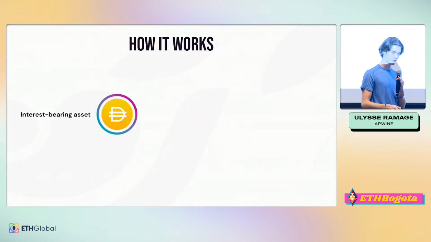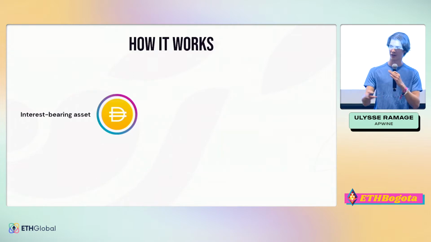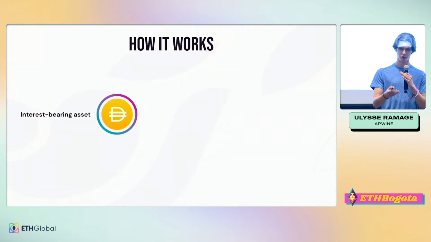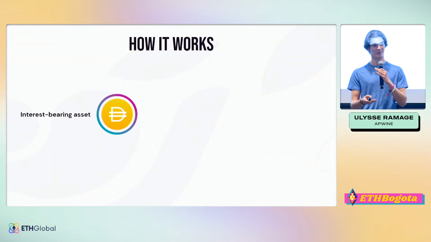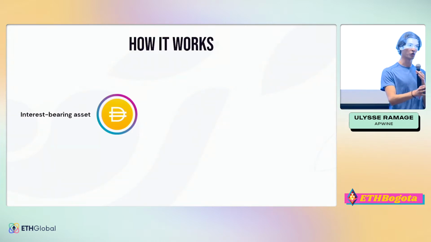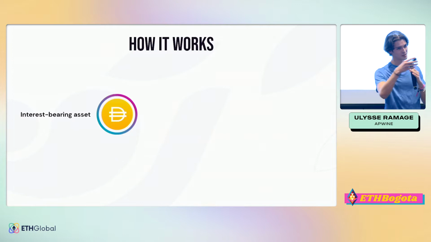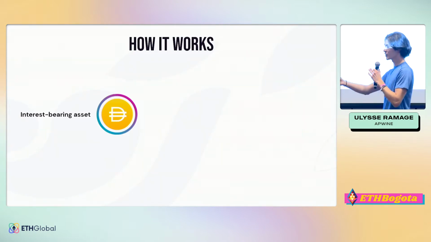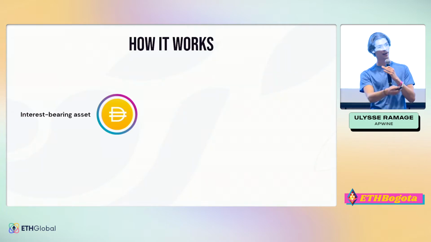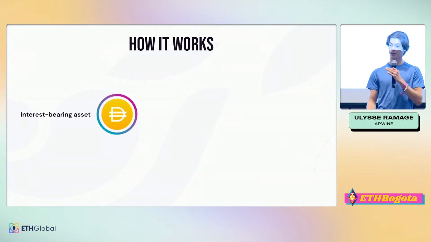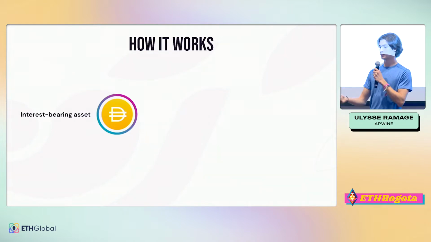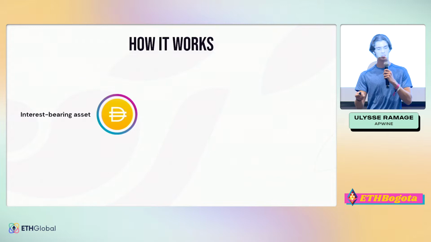It all begins with, if you use some funds on Aave or Compound or any yield-generating platform, you have some interest-bearing assets. Interest-bearing assets is, you just hold your tokens and it increases in value, or it just increases yield in your wallet. So as an example, I've taken aDAI, a pretty common asset to hold in your wallet. It just increases in value, and this is an interest-bearing token.